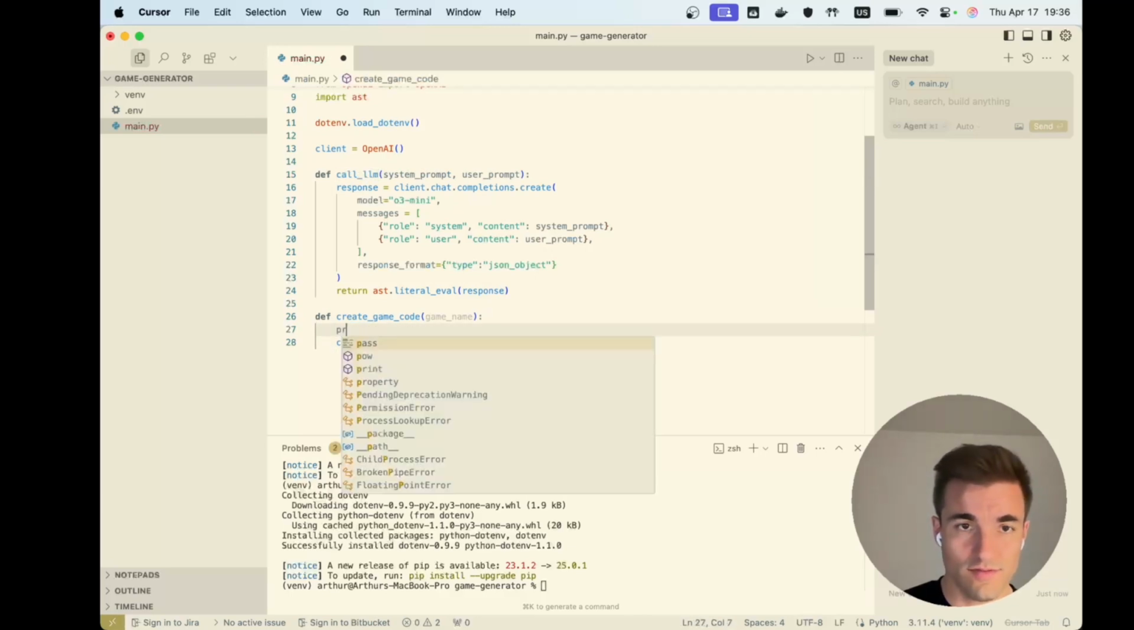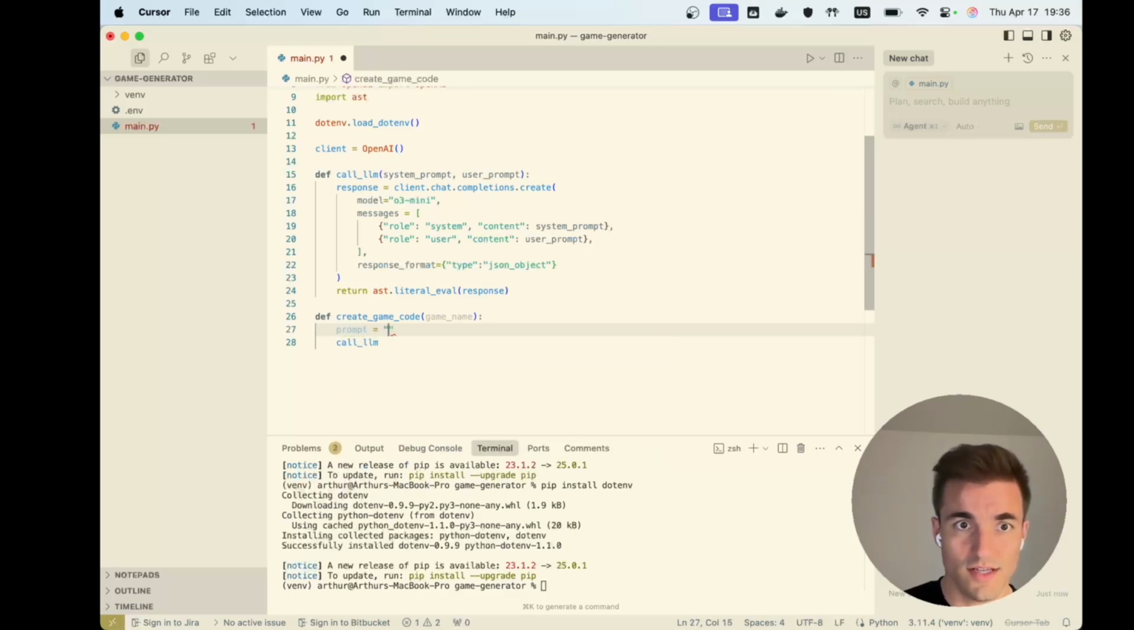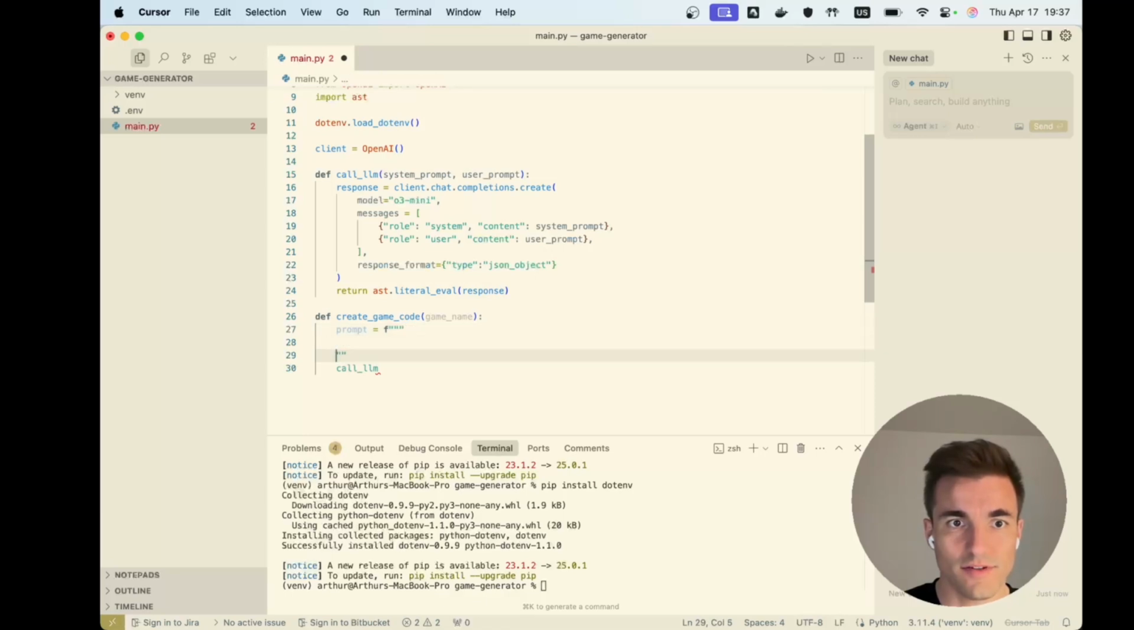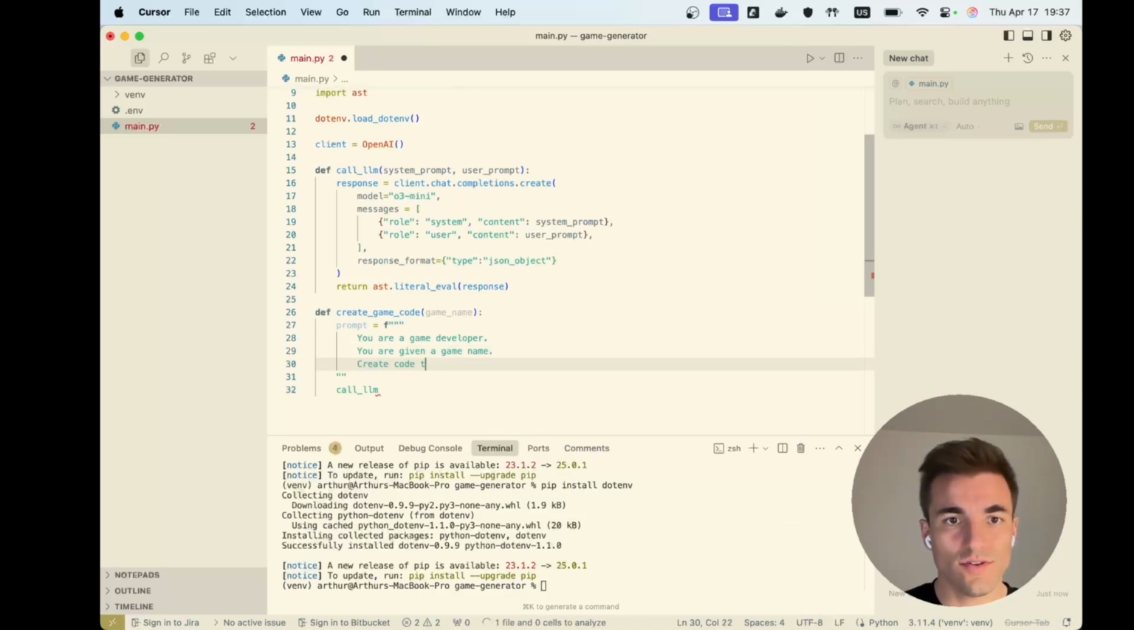a prompt. So it's gonna be our system prompt. Now let's turn it into an f-string so we can easily pass some variables into it. Let's make it simple for now, still clear with good instructions. So let's say you are a game developer. You are given a game name. Create code for that game, all in one file, using JavaScript,